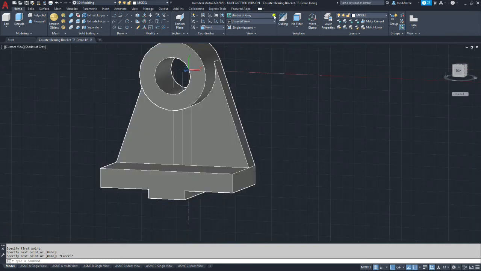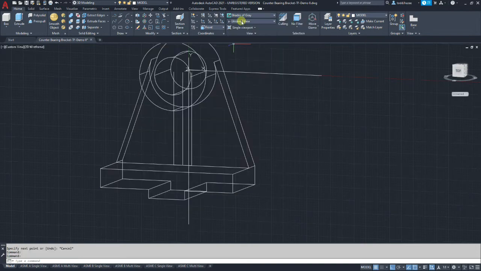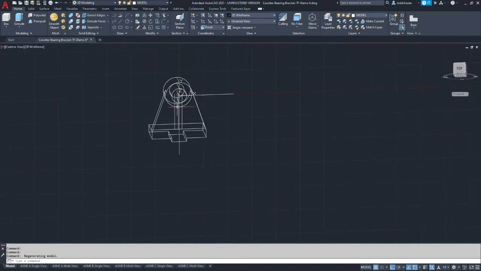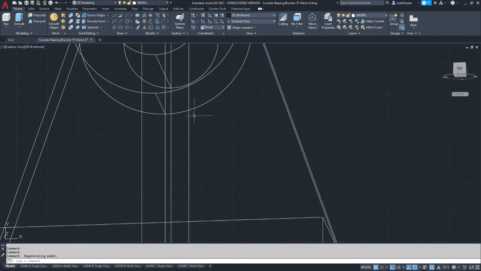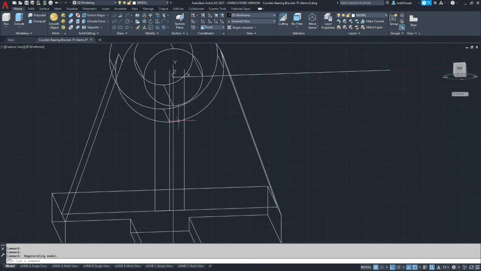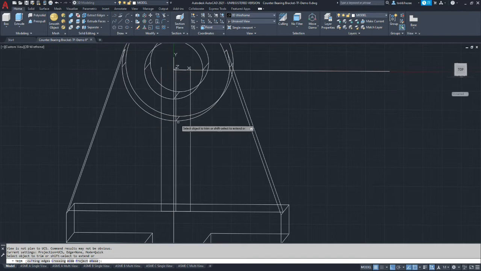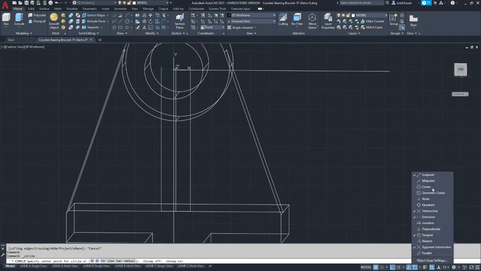Now at this point I'm going to go to wireframe because I want to see where our intersect points are. So we have our two construction lines that represent the width of the flange. Okay, so what we want is a resulting chord that goes across to meet the transition period for the web. In order to do that, we're going to create a circle, and we need to make sure our object snaps include center.